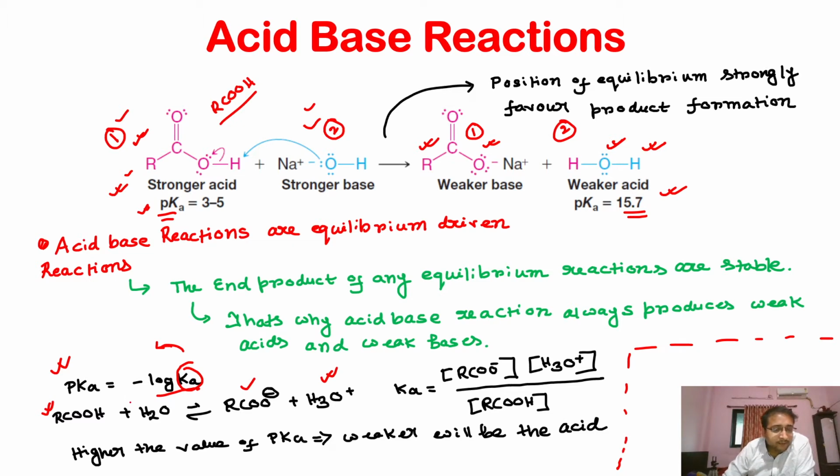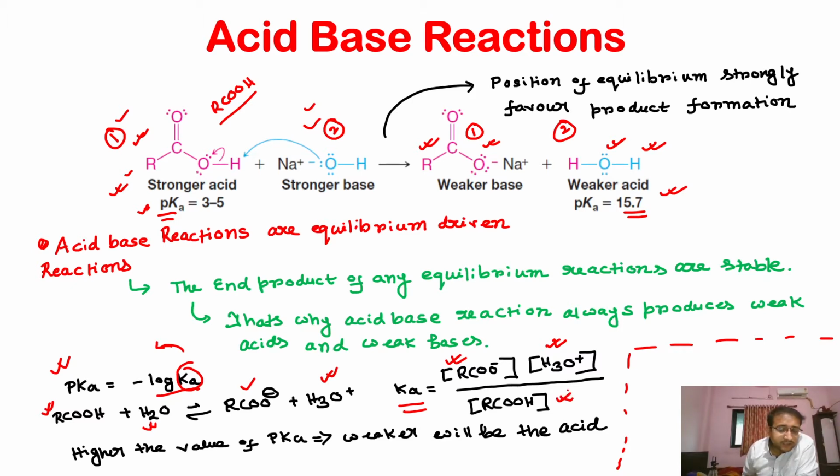So we know that the higher the dissociation of an acid, the higher its acidity. Acidity is always determined by the extent of its dissociation in aqueous or any other medium. Here I am talking about the aqueous medium, so I will always use water molecules while dissociating any acid. The acid dissociation constant is the ratio of the concentration of the dissociated acid and this hydronium ion divided by the undissociated acid.